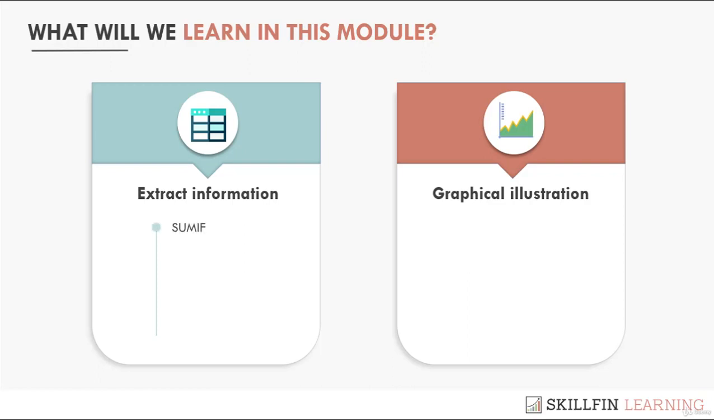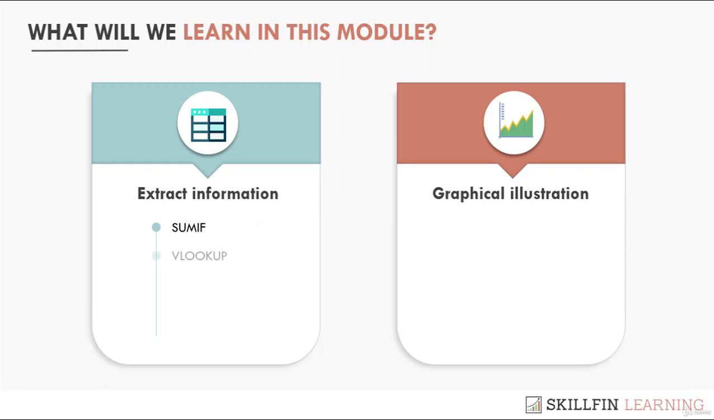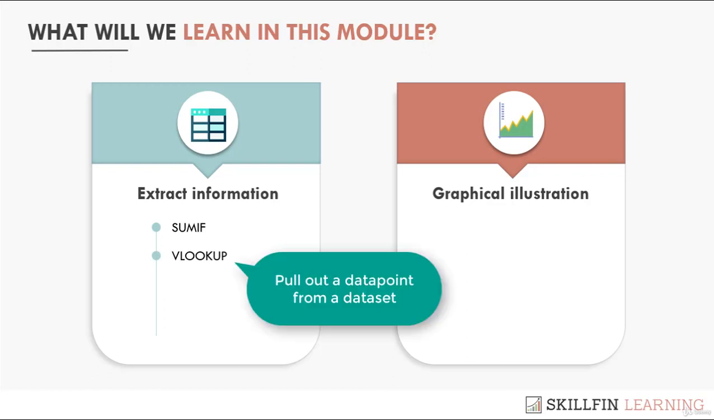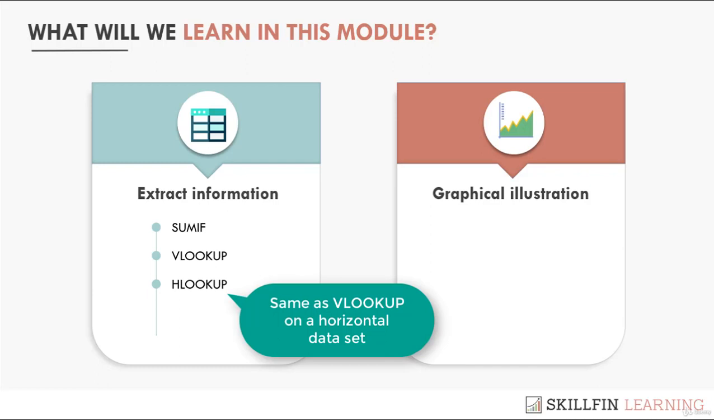First, we will look at the SUMIF function, which will help to sum data across cells meeting a particular criteria. Second, we will look at the VLOOKUP function, which will help to extract information from an array of data meeting a particular criteria in a vertically arranged dataset. Next, the HLOOKUP function will help us to do the same thing as the VLOOKUP function but on a horizontally